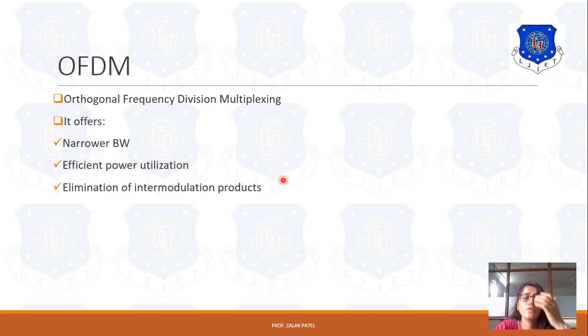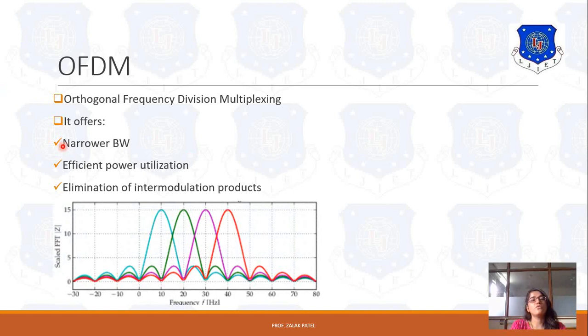This intermodulation product is created in case of FDMA because of its non-linear effect. Because of the non-linearity, we have seen that in case of FDMA it creates distortion and produces the IM3 product. So this IM3 is nothing but the intermodulated product term. This should be as minimum as possible. So by using orthogonal frequency division multiplexing, we can eliminate those intermodulation products. So these are the advantages of OFDM over the other three multiple access techniques, that are FDMA, TDMA and CDMA.